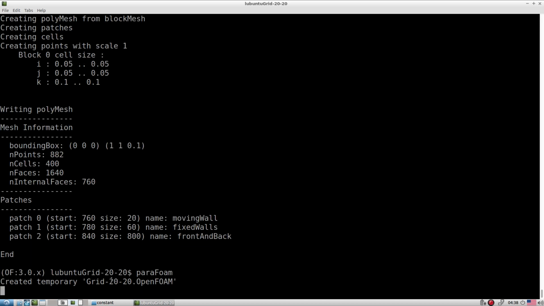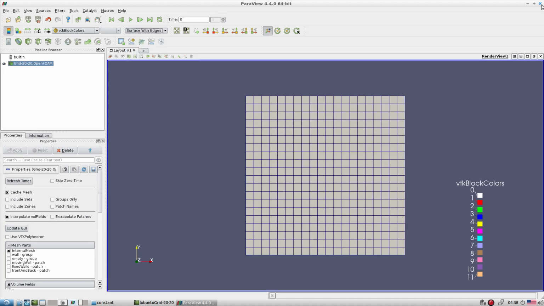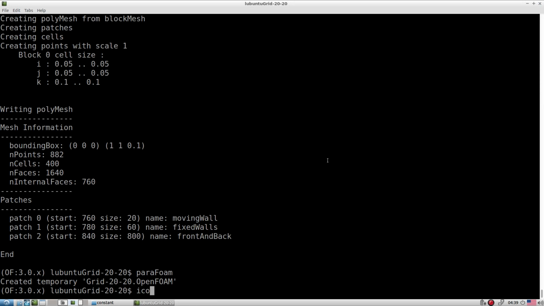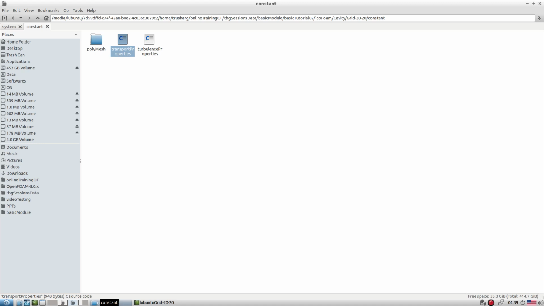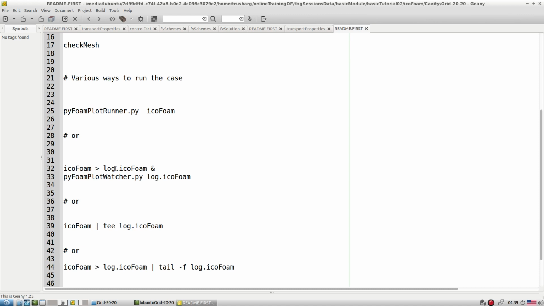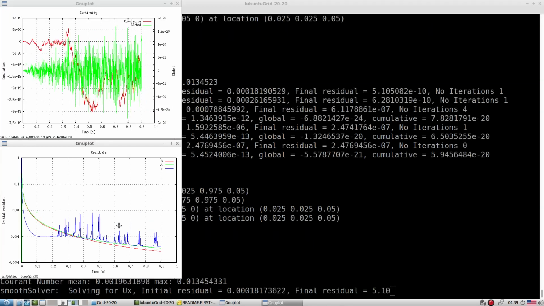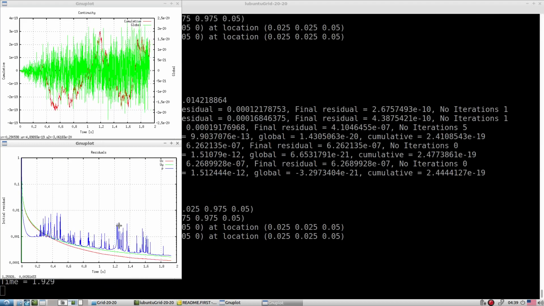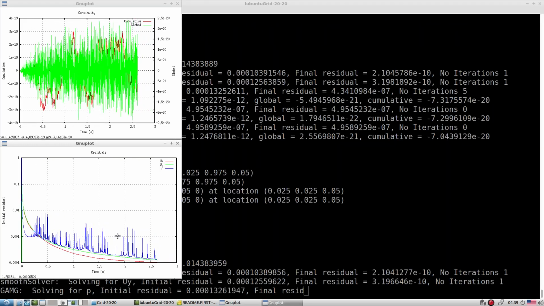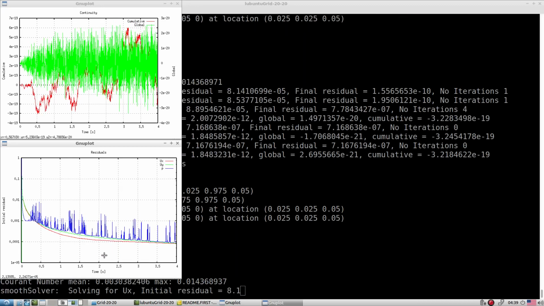Let's check very quickly how the mesh looks. I am pretty sure the mesh we require is the same mesh. With this mesh, let's run icoFoam with our same settings. We have the same readme file, and with the help of that, let's run this case. Based on the mesh, it is going to converge. Look, our mesh is not very good, so it immediately becomes flat at about 10 to the power minus 4.